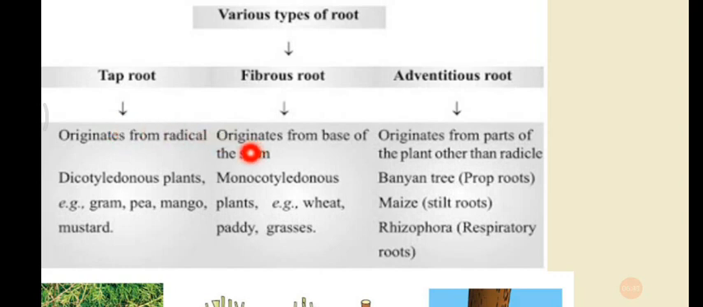Similarly, in the case of fibrous root, due to some reason the radicle dies at an early stage and the base of the stem produces an unbranched bunch of roots. They are called fibrous roots, and they are very common in all monocotyledonous plants. In the third case, if the roots arise from any other parts of